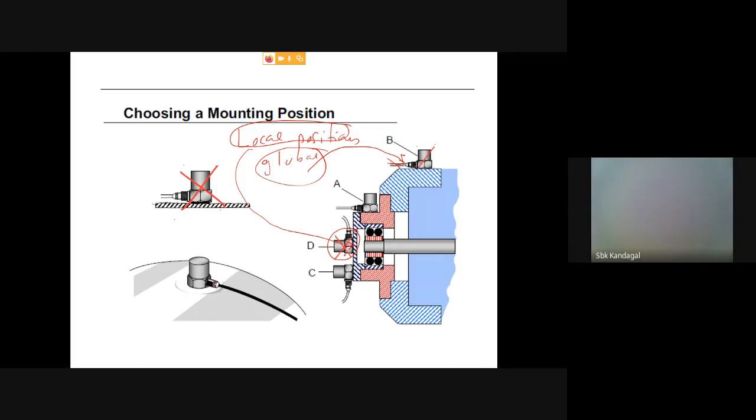Also, if you do, you will get a wrong reading. You should put it either on the bearing housing properly or on the shaft where it ends, such that you get a system response, and should not get a local one. So this is very, very important. Try to understand,